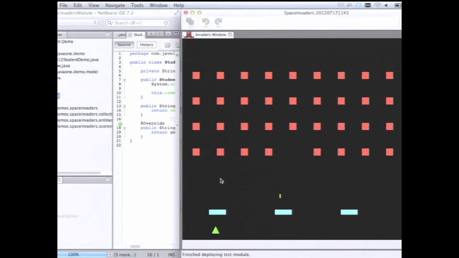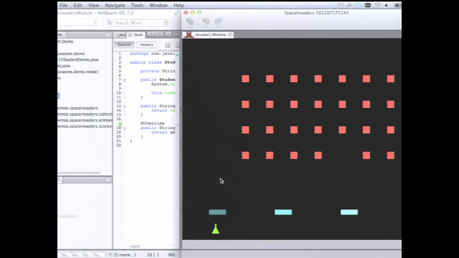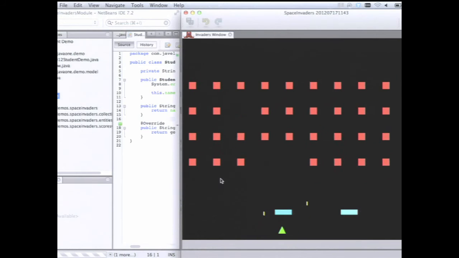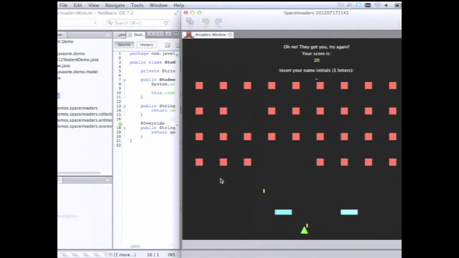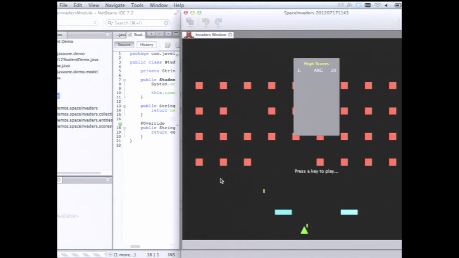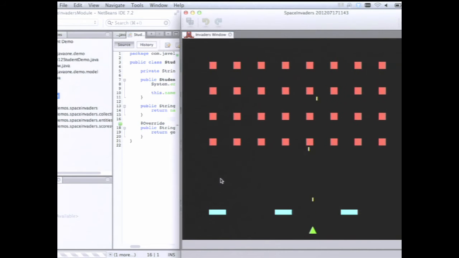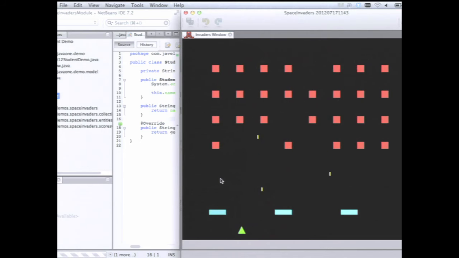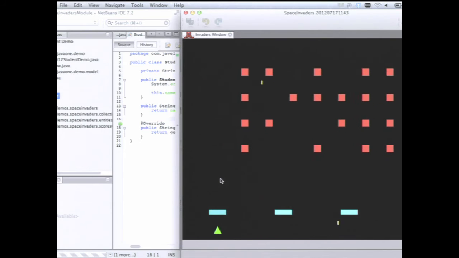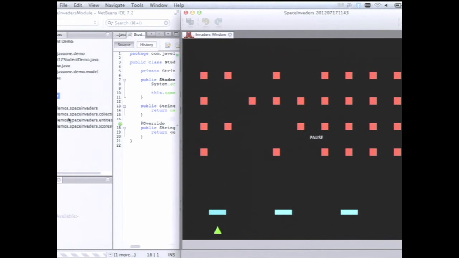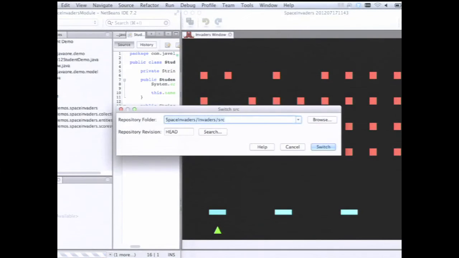And it doesn't look like much has changed, right? But now you can actually shoot these barriers. And you will see that we actually got a score now, so we have a small high score added to the system. But we really need to do something about the graphics, right? Because users will not be very happy about this graphics. So let's add some more advanced stuff